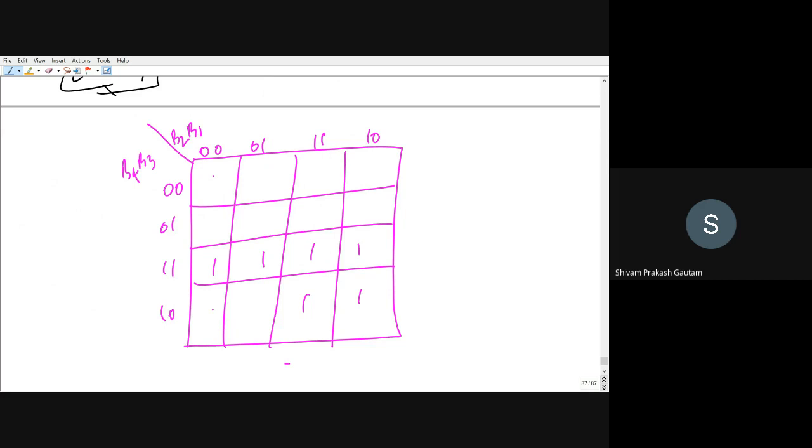Now you have to group it. So check, are there any isolated cells? So there will be 2 quads, correct. So first quad will be this, and second quad will be this. So its equation will be, either you can write F A, or you can write simply A as well. So function of A will be, this will be 1, 1.